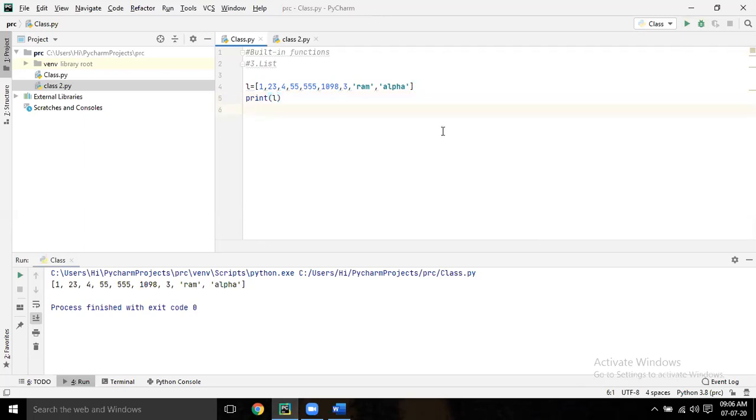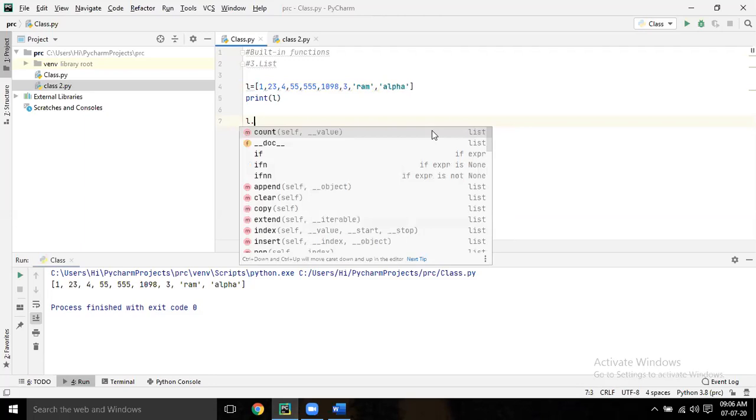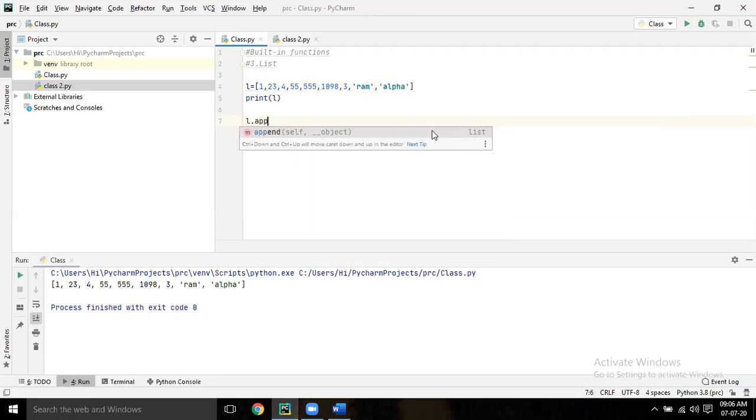Suppose you want to add some item again inside the list. What to do? Write L dot append, APPEND. Within bracket, within quote, give some name, Rahim.